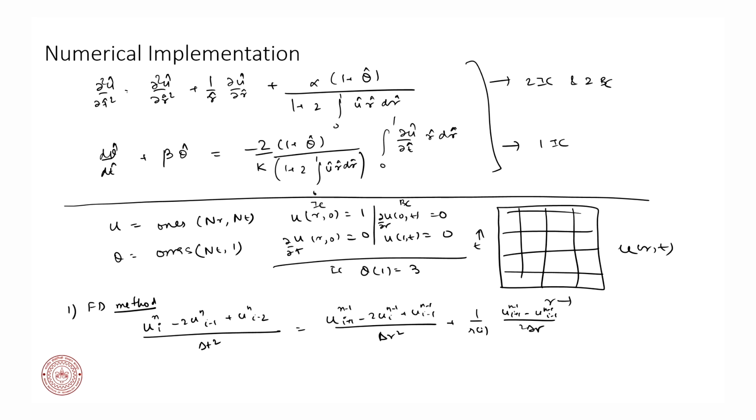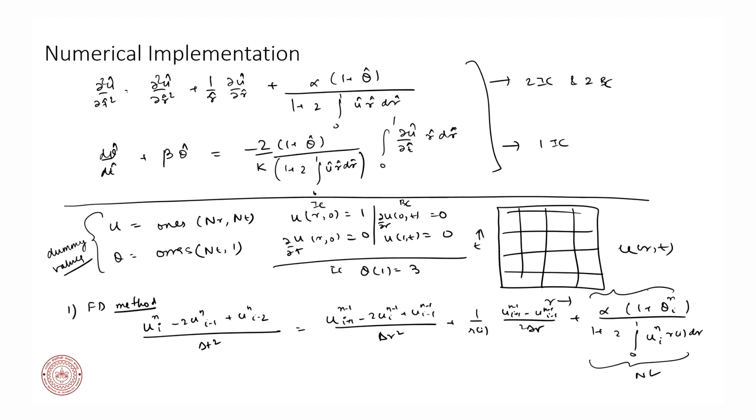This becomes your Laplacian term for u, and plus alpha 1 plus theta of I for the given time step divided by 1 plus 2 integration 0 to 1 u of I for the given time step r of I dr. Now, again we can see that this part is where it is getting non-linear. To make it linearized, we can take these as initially dummy values. So, you can take the dummy values over here. So, our dummy vector,